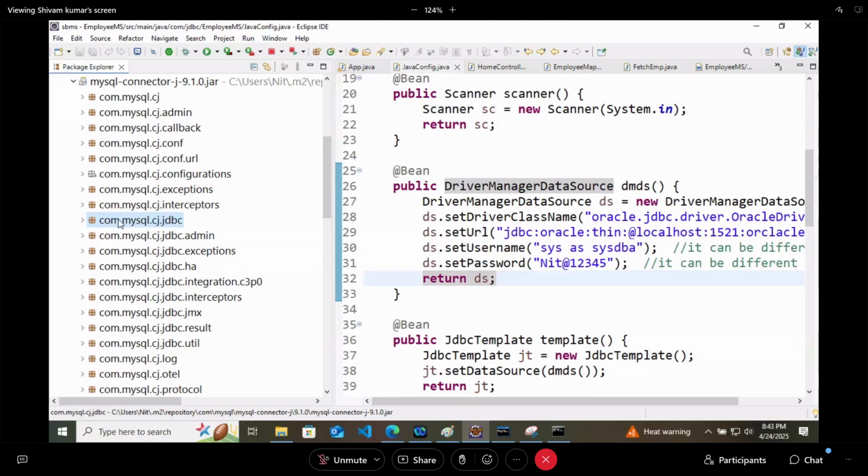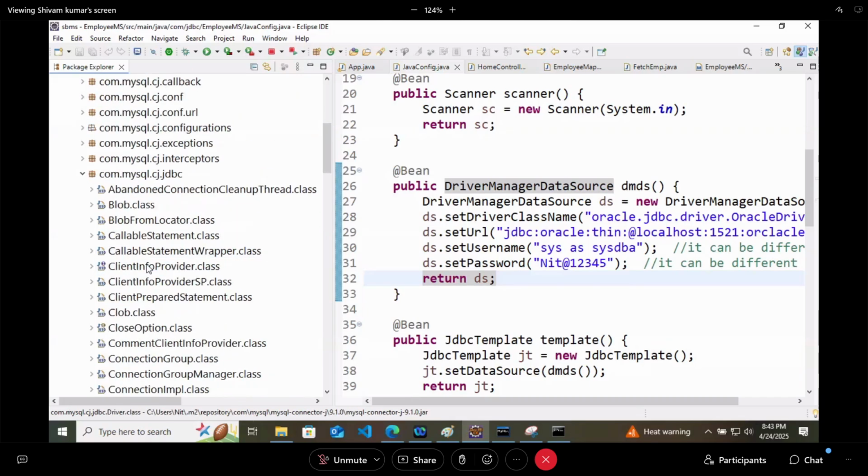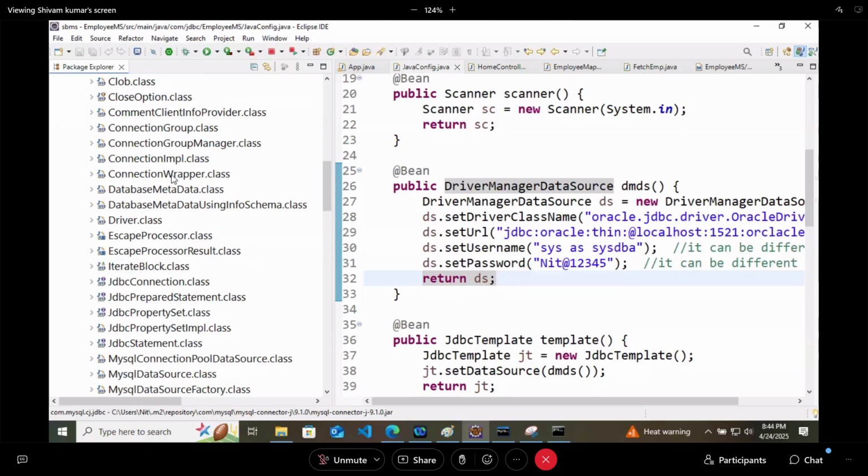This is the package name. Inside this package, you have a class name as Driver. So that's it. com.mysql.cj.jdbc in all small, dot Driver with D capital. This is the driver class name for your MySQL.